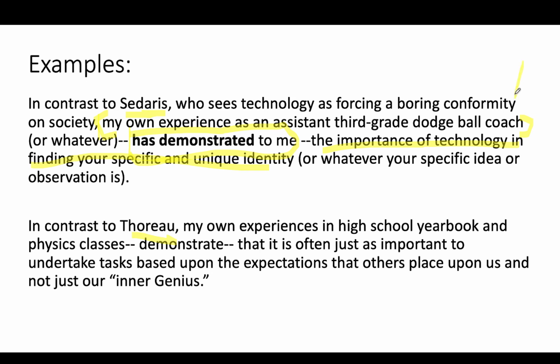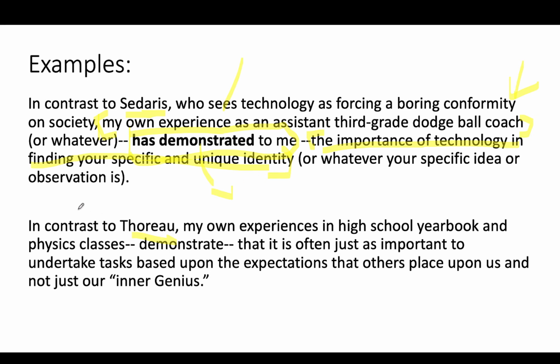I know this thesis in particular seems kind of silly, so don't look at the content so much as the idea or the parts of the template that have been utilized. We have the experience explained in a specific way, a good, strong, active verb here, and then a particular lesson that the person learned from it. That's what I want your thesis statement in this paper to look like.